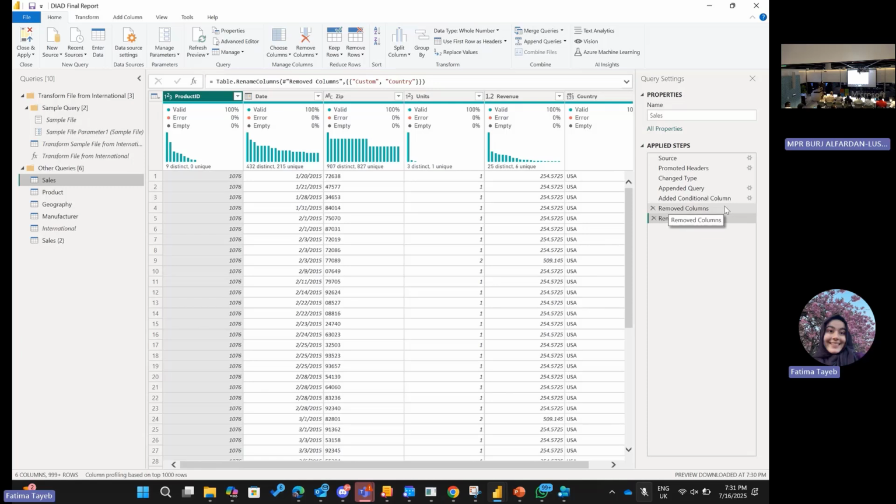Yeah. Shows... Sorry? The history of the... History, that's like the log? Yes, yes. So every single step that you do in the Power Query editor, it's mentioned there on the right